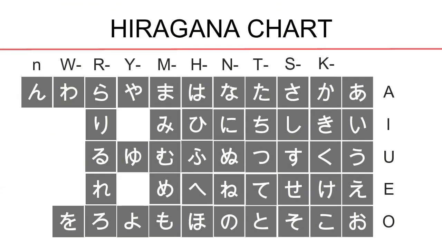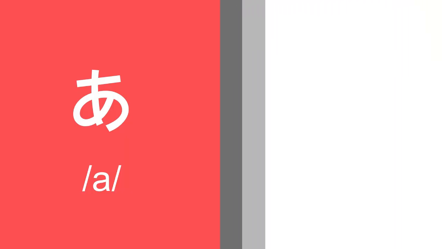So the vowels, like in English, consist of your usual A, I, U, E, and O. And the only differences are the pronunciation and obviously their shape. So here, the 5 vowels of Japanese: